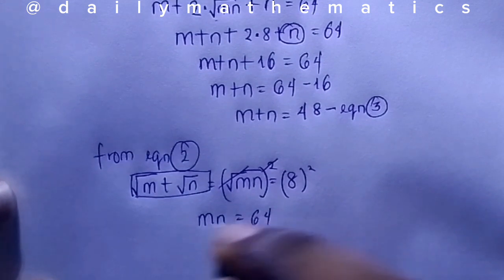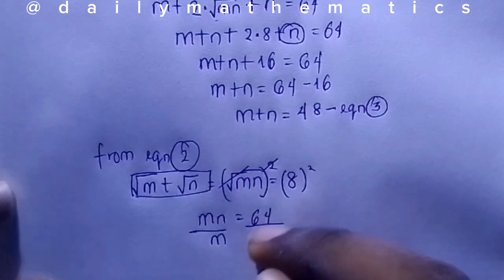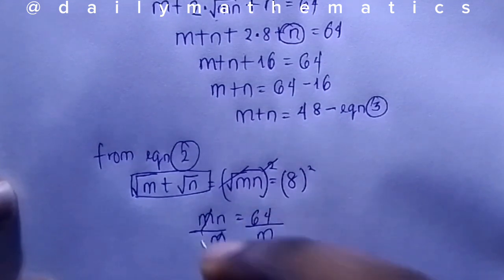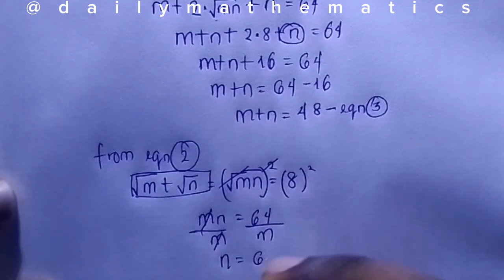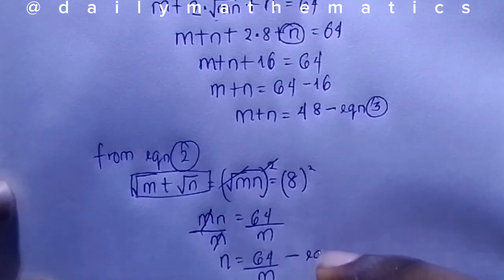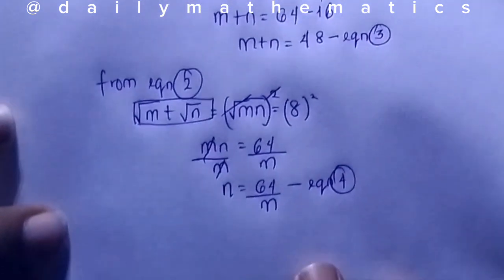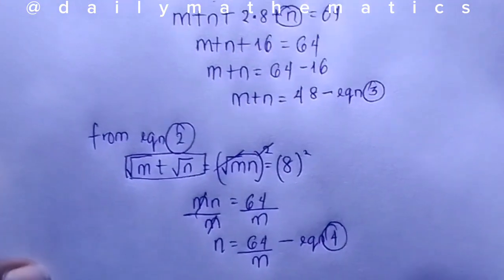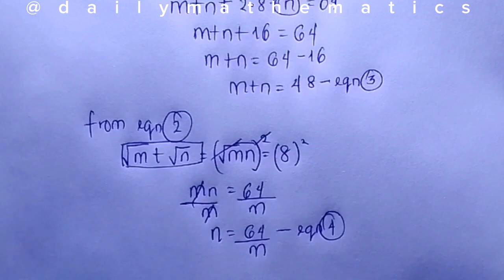If we want to make m or n the subject of the formula, we can make n the subject by dividing both sides by m. So n becomes 64 over m, and we have equation 4. What's the next thing to do? From here, let's substitute